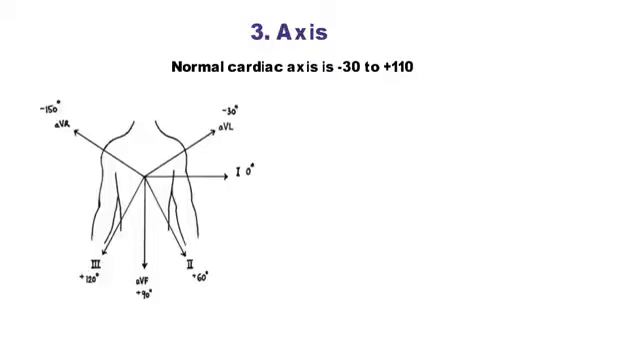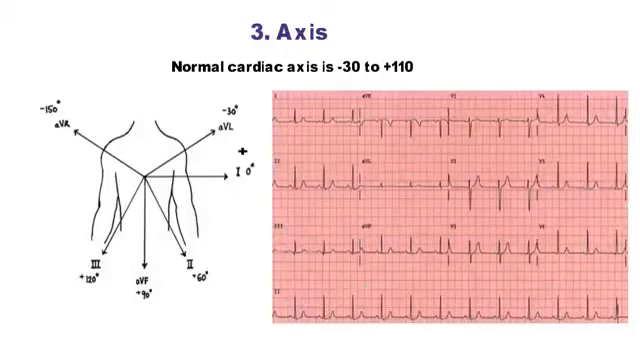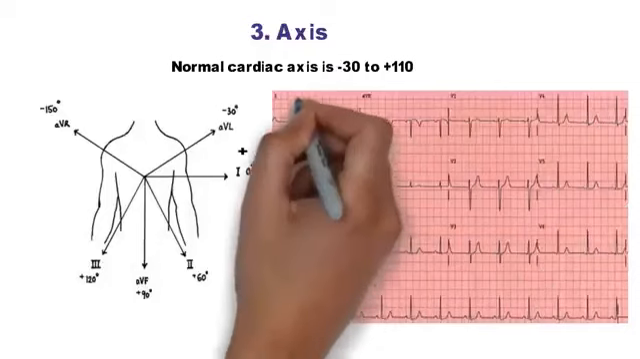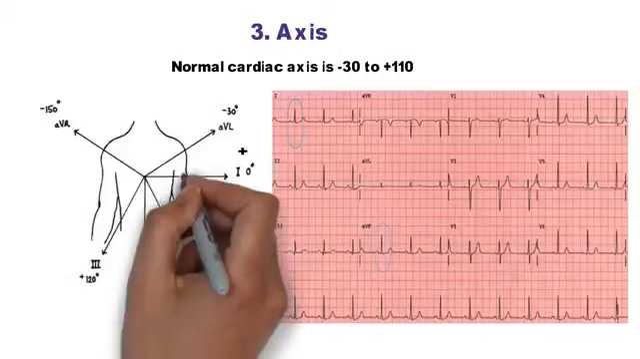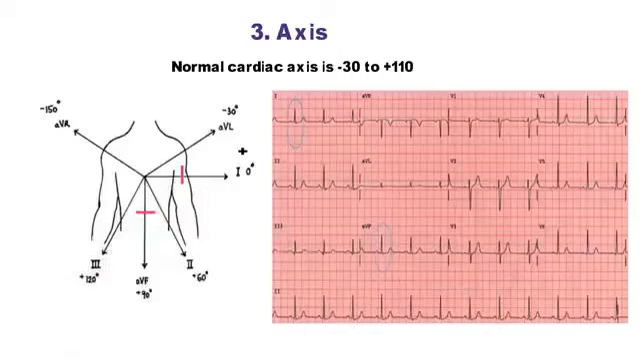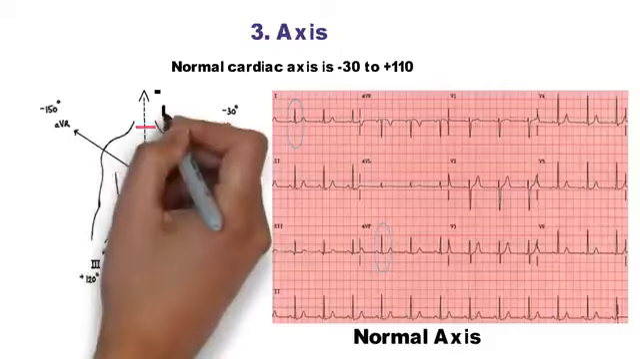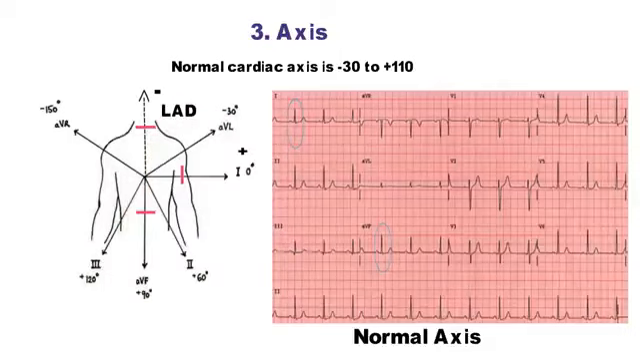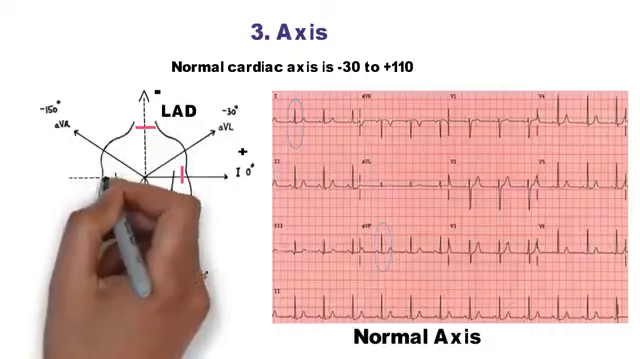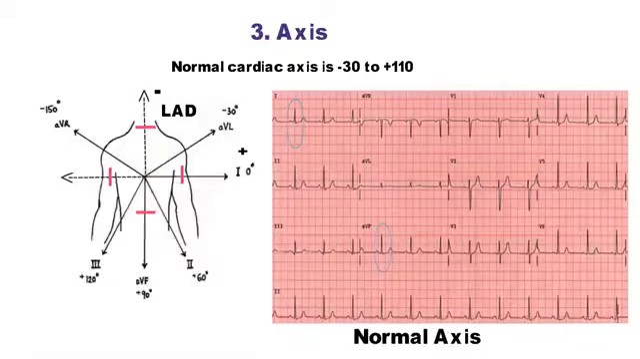Now to calculate the axis, most commonly we use perpendicular leads, that is lead 1 and AVF. In this ECG, the net QRS complex in lead 1 and in AVF are positive. So if we plot these positive deflections on this diagram, we will get a vector in the normal cardiac axis range. So this is a normal axis ECG. And if net QRS is positive in lead 1 and negative in AVF, the net vector will be in the left axis deviation range. Lead 2 will also be negative in left axis deviation. And if net QRS is negative in lead 1 and positive in AVF, the net vector will be in the right